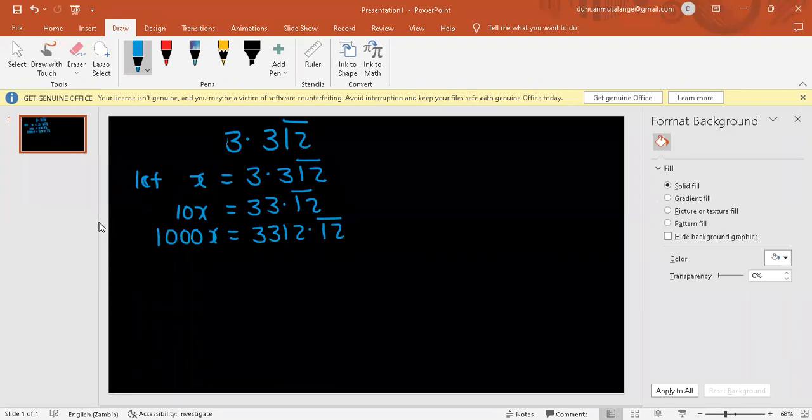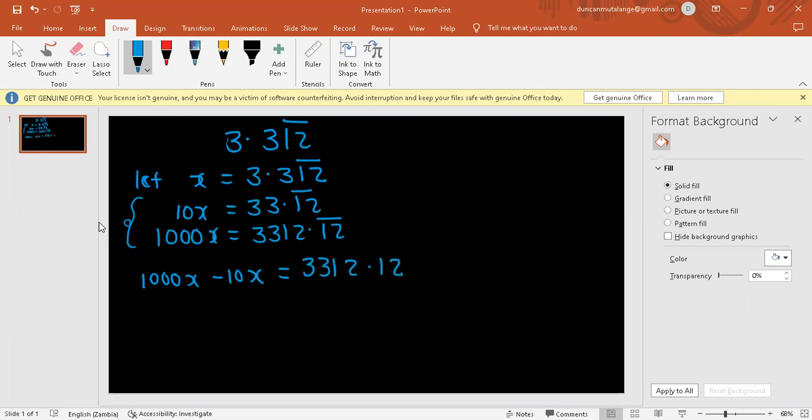Okay, then from here, we can subtract the last 2 equations, like I said. So we're going to have 1000x minus 10x is equal to 3312.12 bar minus this here 3.12 bar, like this. So having subtracted this, when you subtract this from this, what are we going to have? It's 990, isn't it? So this is 990x is equal to, then you can subtract this. Please do this mathematics. Don't try to be clever. So you try to do this, okay, minus the old way of doing mathematics. So this one will be